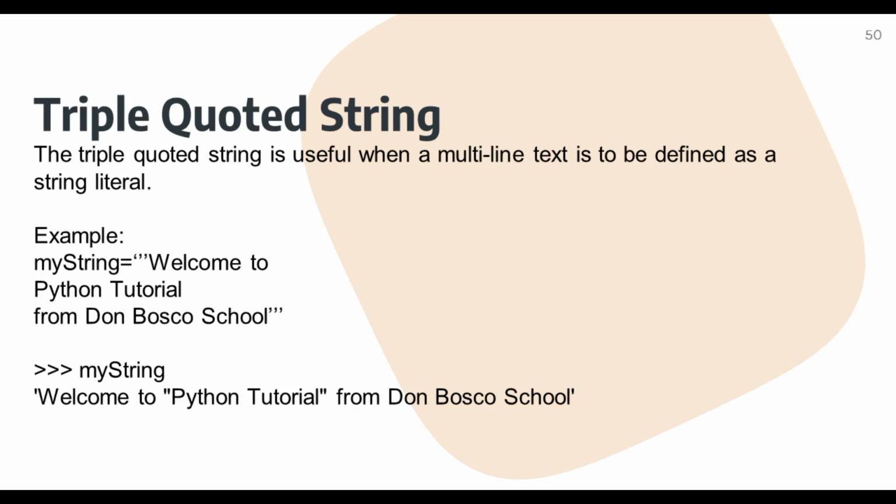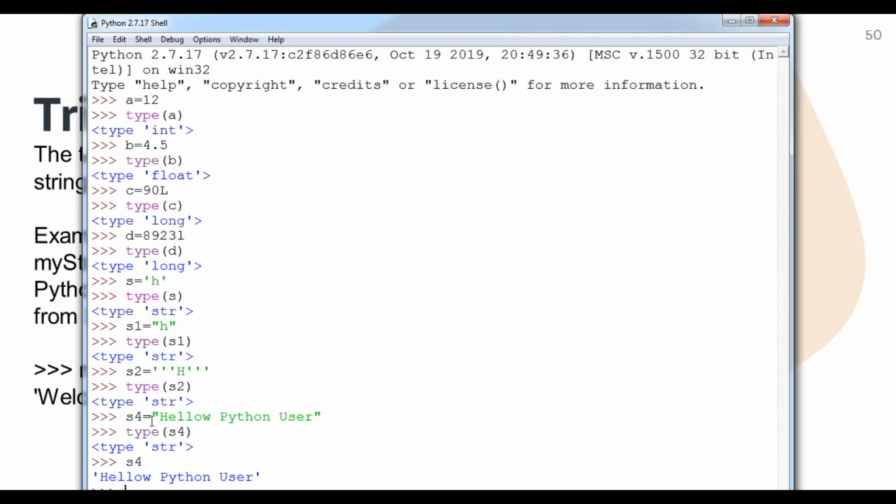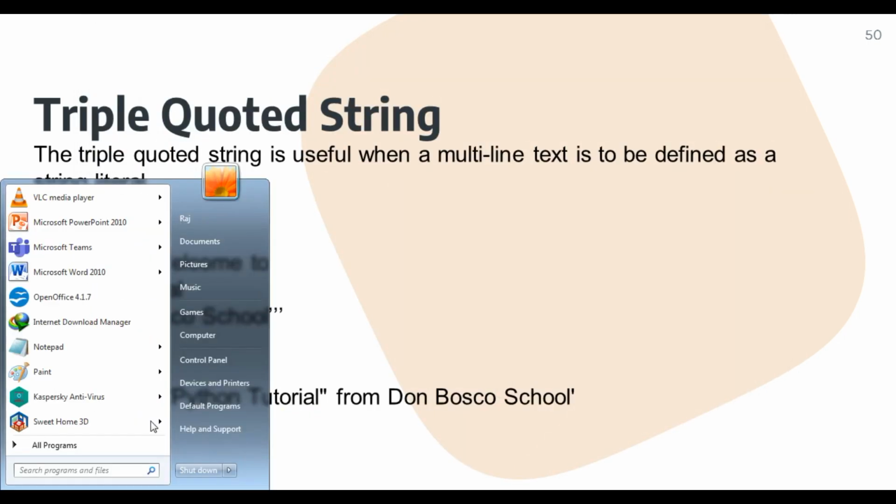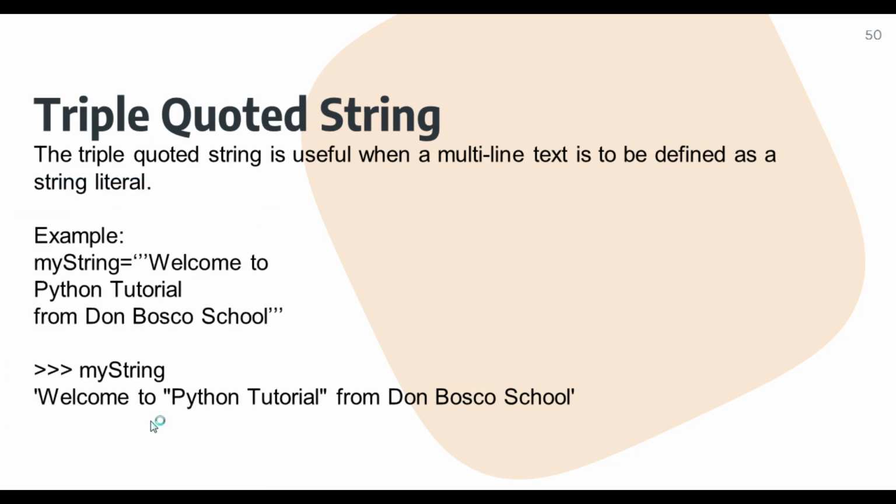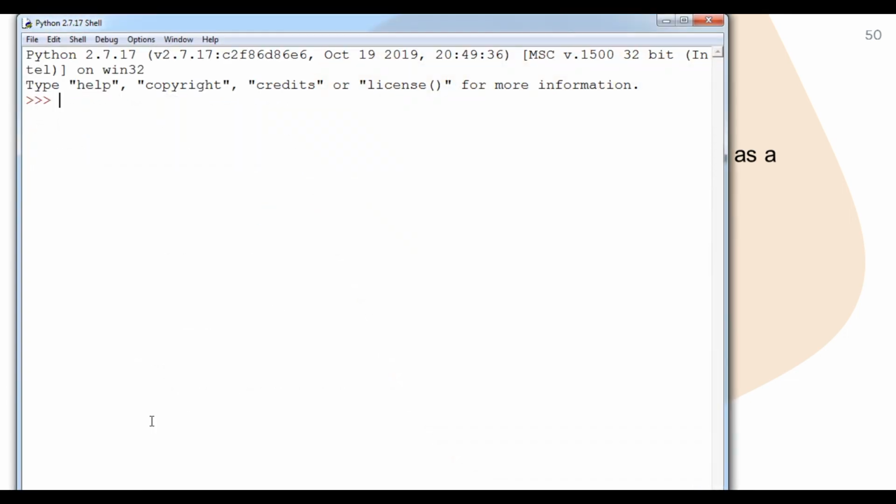Student, here is the flexibility given to us by the Python interpreter to initiate multi-line strings also, as I taught you in data types: single line string and multiple line string. So here I'm going to show you. I'm going to close it first. Inside Python, if I create a string, suppose double quote start, hi hello Python users, or we can say programmer.